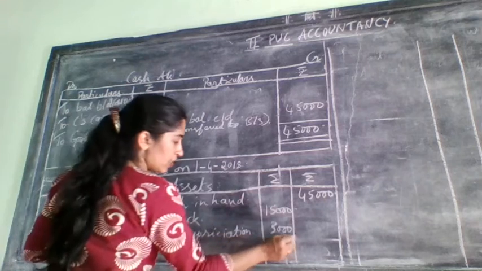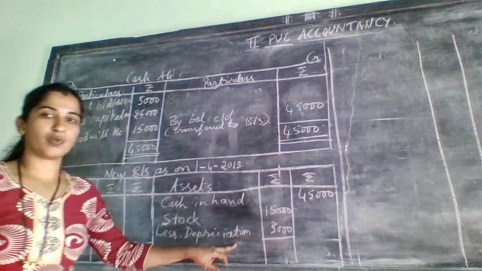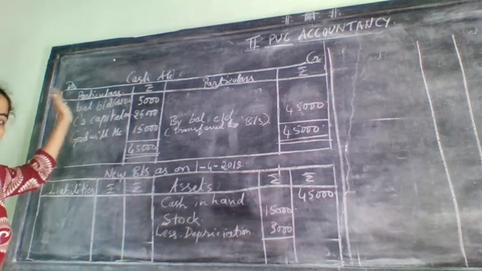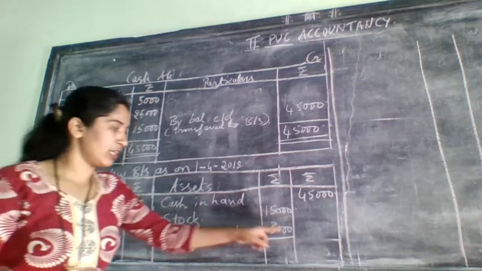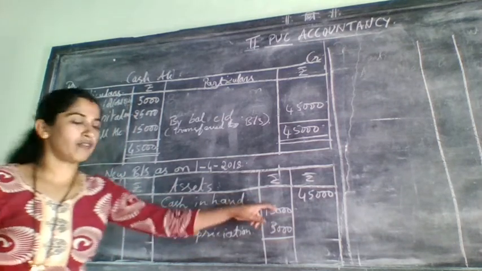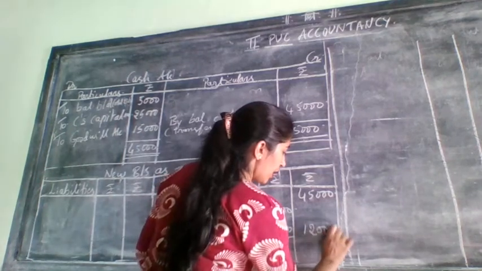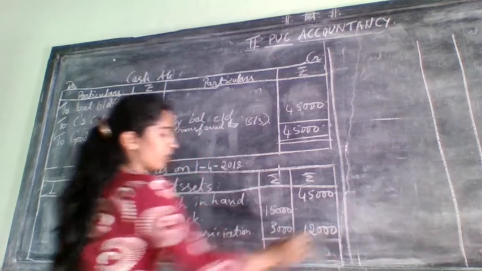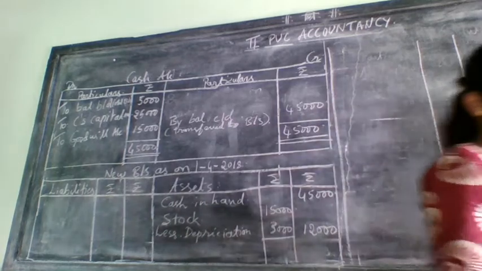That's it. Okay. So 15,000 was the stock balance, but depreciation was there. This we got from where? Revaluation account. Which side? Debit side. There you have taken 3,000. Take that 3,000 here. Now 15 minus 3. It will come how much? 12,000, and write it right in front of that only, not below that. Okay. Stock over. So this is related to stock.